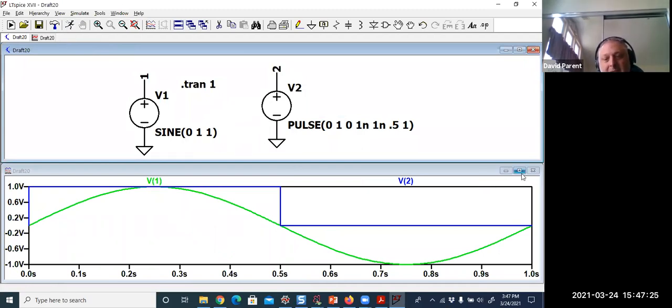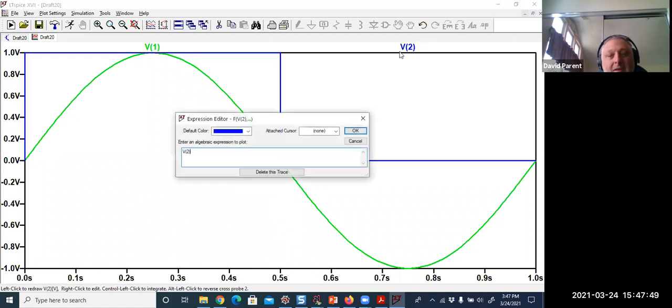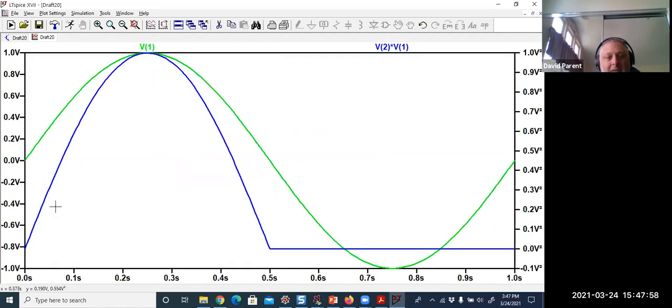Now remember, multiplying a sine wave times your signal and finding the average, and multiplying it by 2, will give you the right coefficient. So if I just do V2 times V1, this blue line is what gets integrated. And so if I find the average of that,